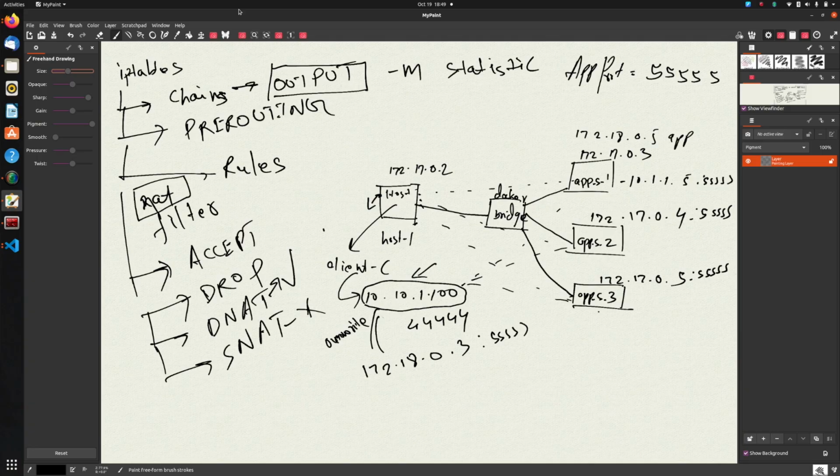So instead of going over how -m works in theory, let's see it in practice. Let's see how we can create these iptables rules and how we can use the statistic module in iptables to actually create a load balancer, to actually convert the Linux host into a load balancer for any packet being generated within the box and to send it to one of the three actual application instances via this virtual IP. So let's see how we can do that.